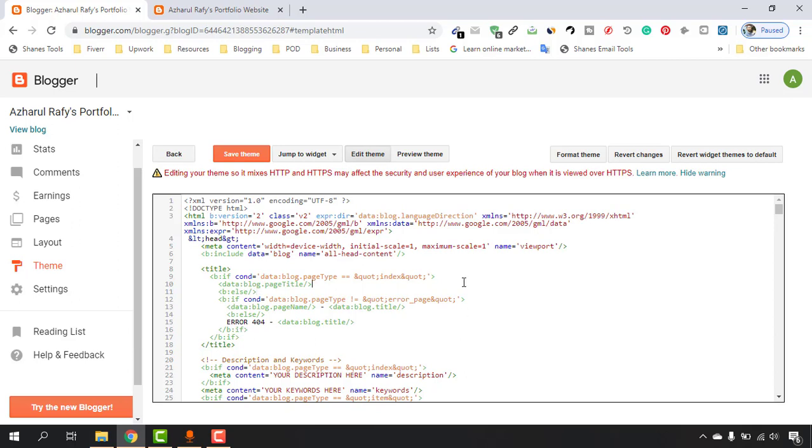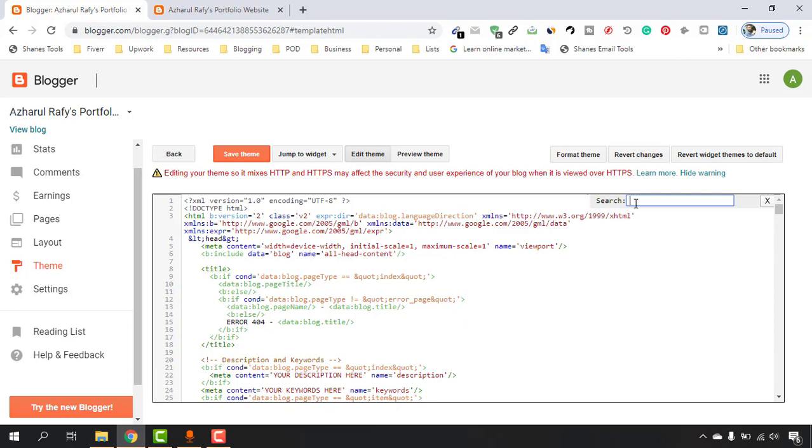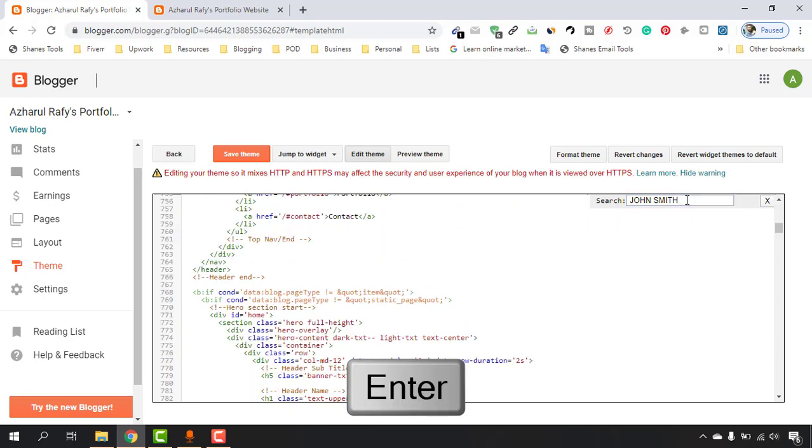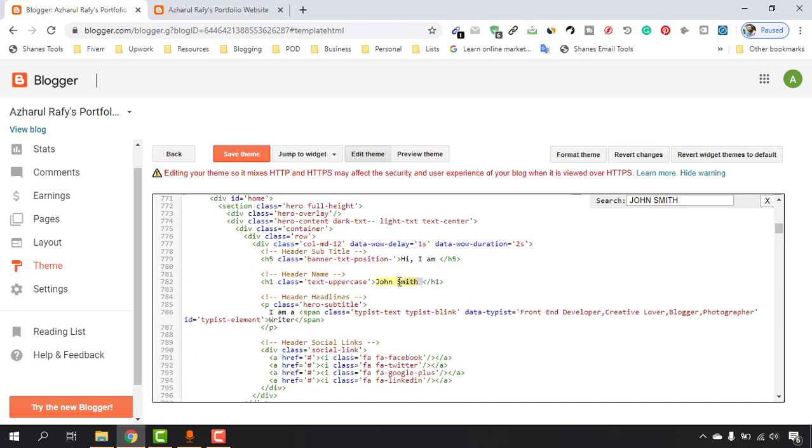After that hit Ctrl plus F on your keyboard and you will find this search bar here. All right, so let's just paste the name which we have copied, and after that hit enter on our keyboard. And as you can see here, we are seeing header name text uppercase John Smith. So in this case we have to just make the change here. From John Smith we have to enter our personal name. So let me put Azhar Rafi, and if I just click on save theme,